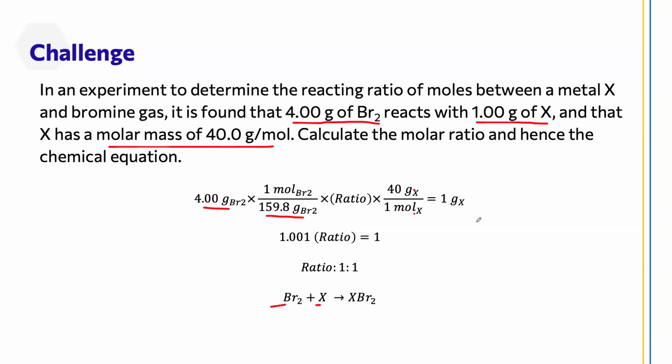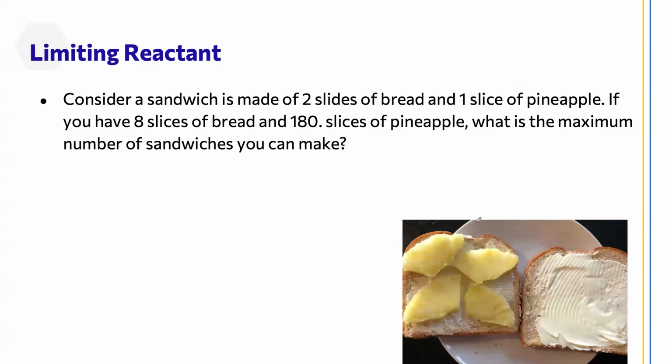So far we have only considered ideal stoichiometry. You have the exact amount of two things and produce something. But there's another concept called a limiting reactant. Consider a sandwich is made of 2 slices of bread and 1 slice of pineapple, like a lovely sandwich shown here. If you have 8 slices of bread and 180 slices of pineapple, what is the maximum number of sandwiches you